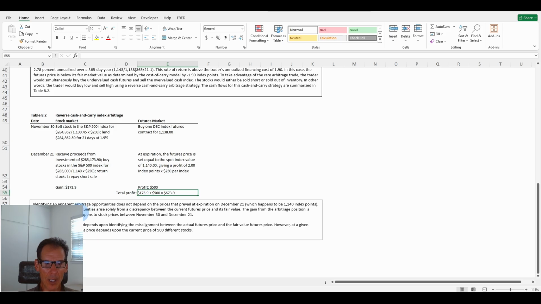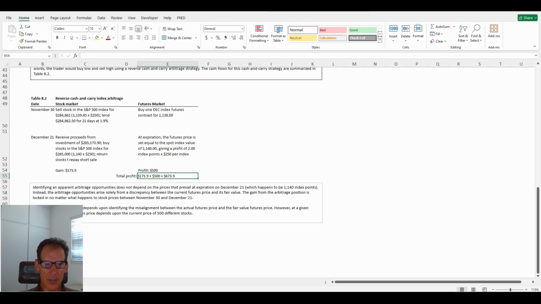Identifying an apparent arbitrage opportunity does not depend on the prices that prevail at expiration on December 21st, which happens to be 1140 index points. Instead, the arbitrage opportunity arises solely from a discrepancy between the current futures price and its fair value. The gain from the arbitrage position is locked in no matter what happens to stock prices between November 30 and December 21st. The success of the arbitrage depends upon identifying the misalignment between the actual futures price and the fair